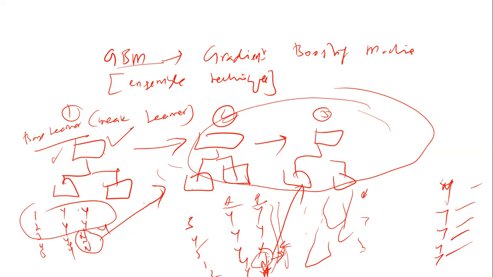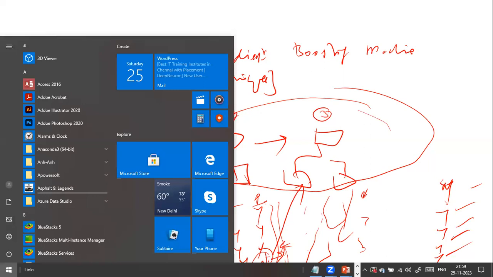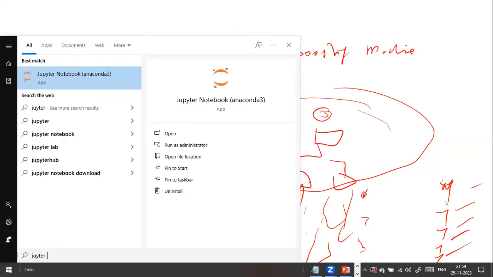Okay, fine. So now this is how the gradient boosted machine works. And I'll just show you how to implement them in